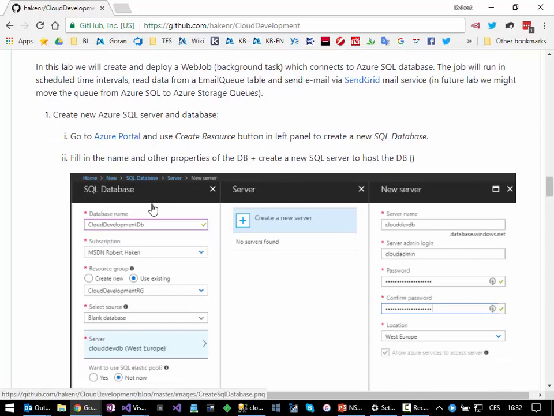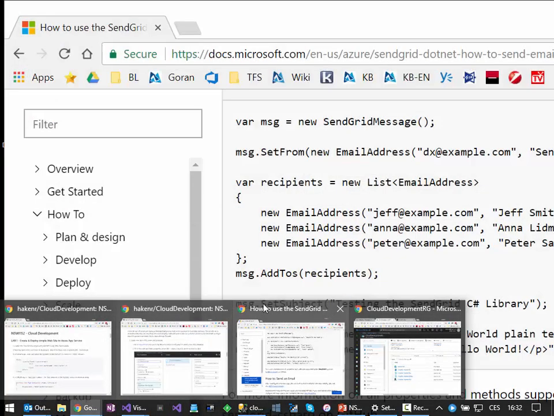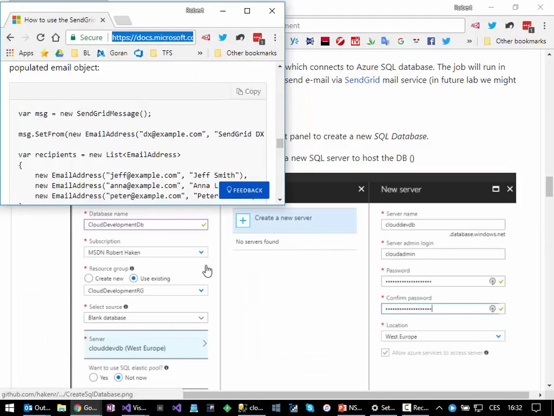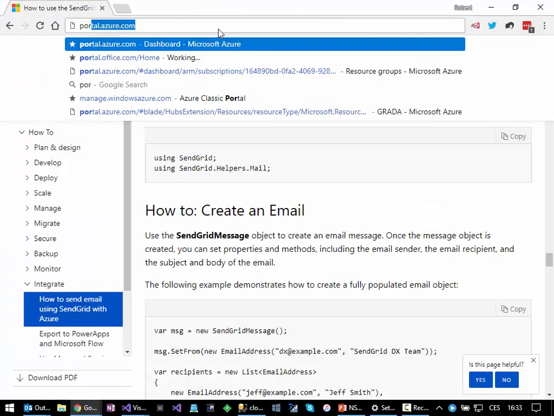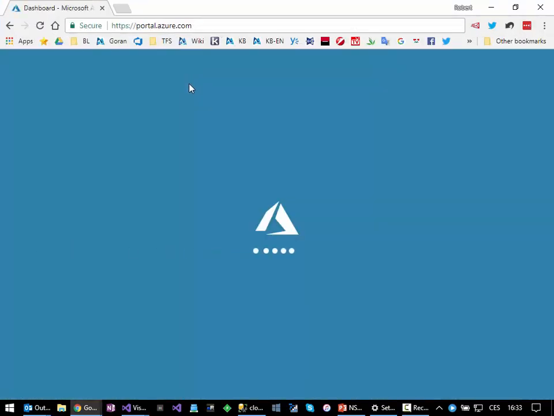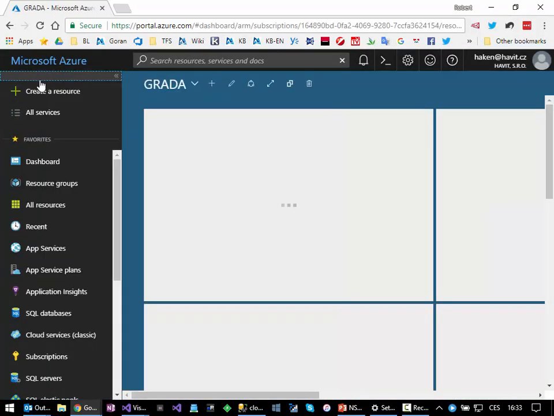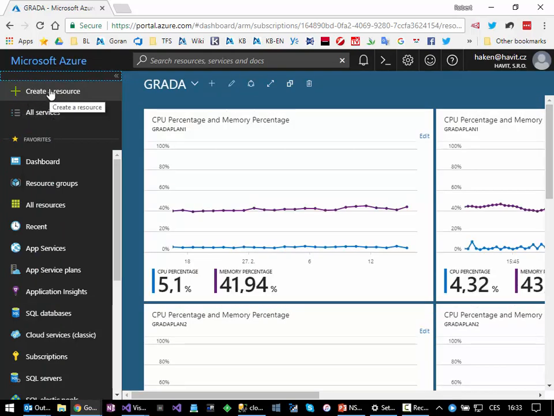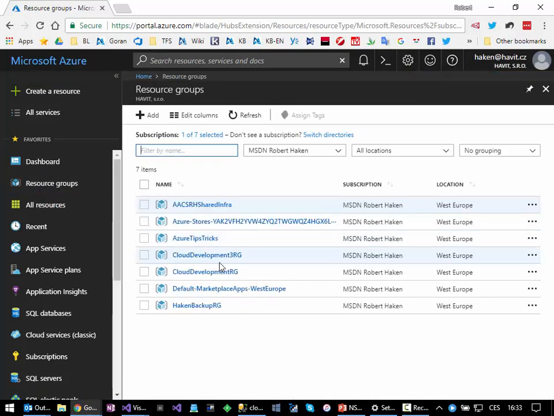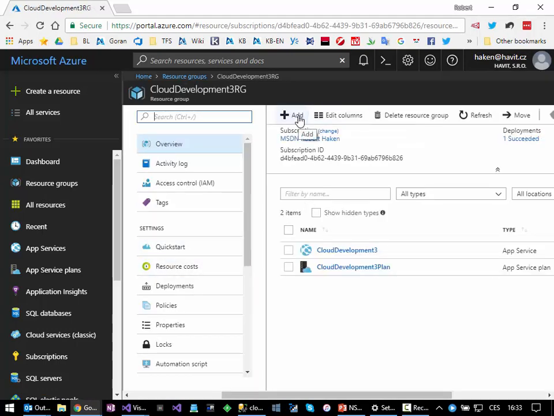So the first task is to create a new database and new SQL server. This time we will go to Azure portal. So I will go to portal.azure.com. And I will create a resource. The left panel here has a simple button, create a resource, or you can go to the resource group where you want to create the resource, for example, this Cloud Development 3, and click the add button here,